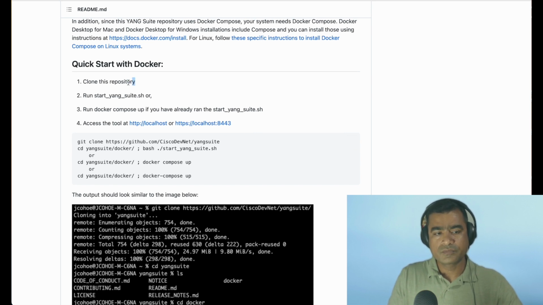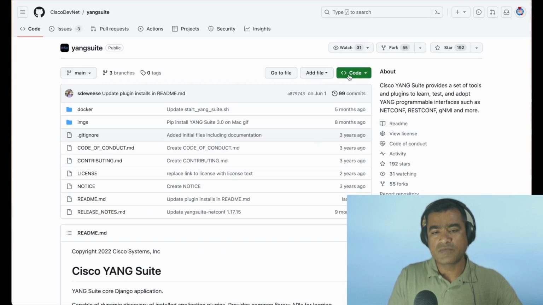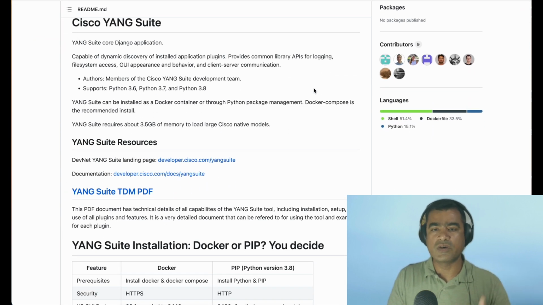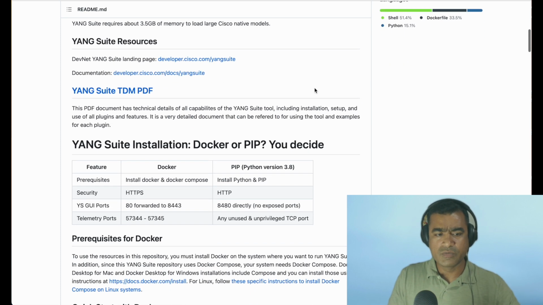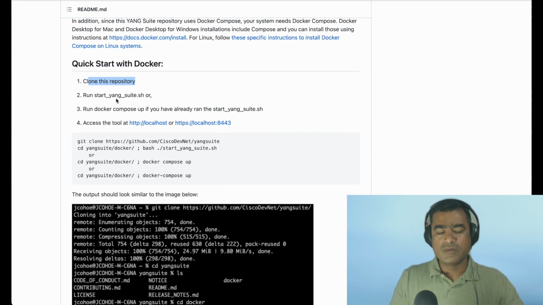Clone the repo. Obviously, to clone the repo, you need to copy the file or code from here. And if you are new to GitHub, again, you can go to SDN Tech Forum and listen to videos which show you how to work with GitHub, right? But I'm assuming since you're at DevNet, you have some exposure to GitHub. So what you have to do is just clone this repo locally to your IDE or your development machine. From there, you go to the directory and you say start